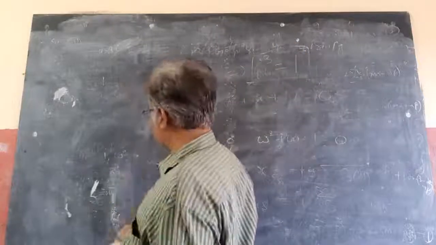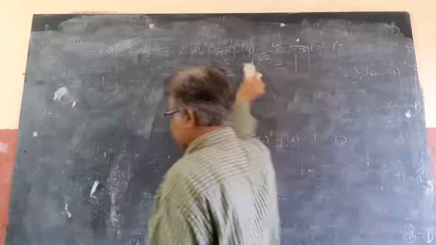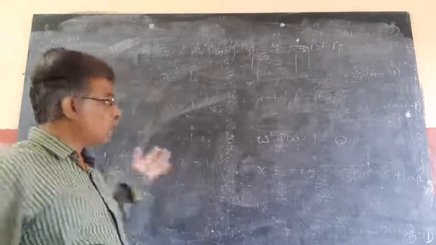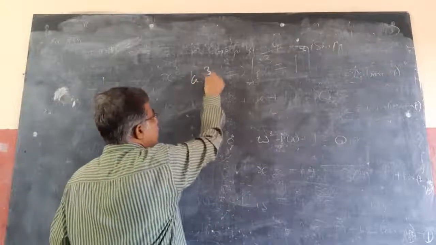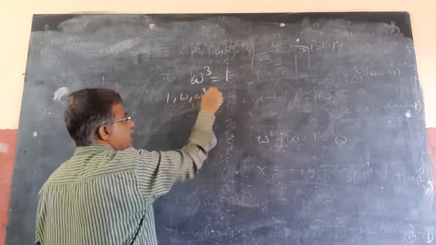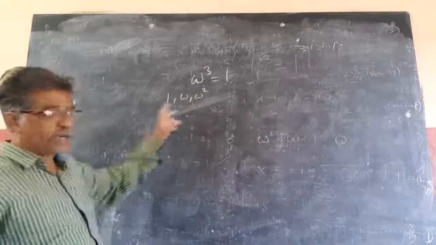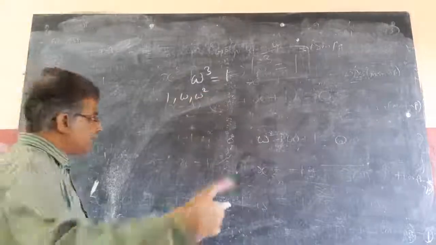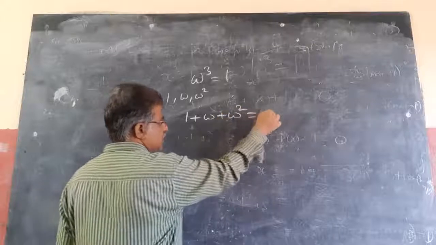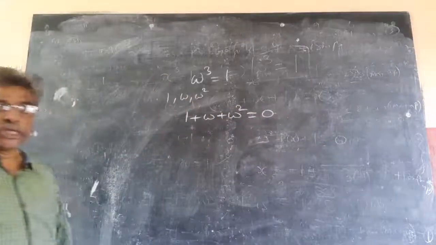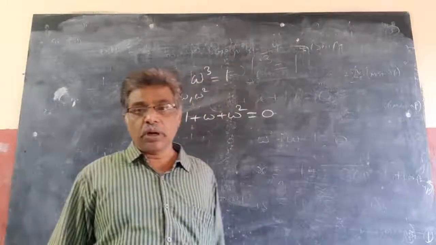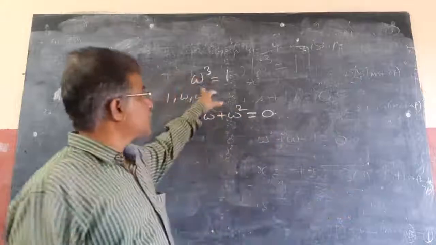Why we are saying n roots of unity and cube roots of unity separately is, cube roots of unity have different properties. You observe now. What are they? First property, omega cube equal to 1. Cube roots of unity are 1, omega, omega square. One is the square of the other and one is the conjugate of the other. Next, 1 plus omega plus omega square equal to 0. Just now we observed by substituting in place of x, omega is the root. So 1 plus omega plus omega square equal to 0 always. Omega cube is always 1.